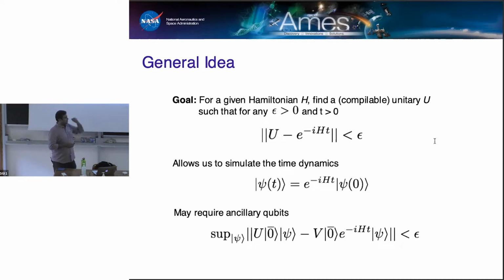And we might say that, instead of actually implementing e to the minus iHt, we might apply a unitary that acts on the ancillary register as well as the system of interest. And then, to some epsilon approximation, this produces an unentangled state. We don't really care what operation it actually implements on this ancillary register. Typically, you might see this condition where V is the identity. But the real thing that we're interested in is applying e to the minus iHt on psi. Okay.